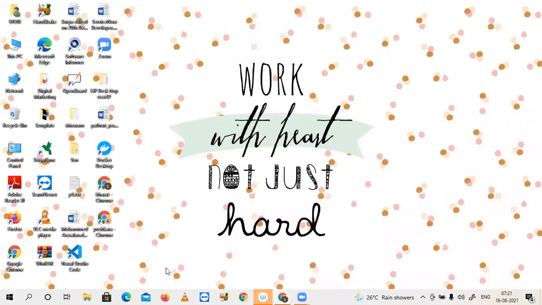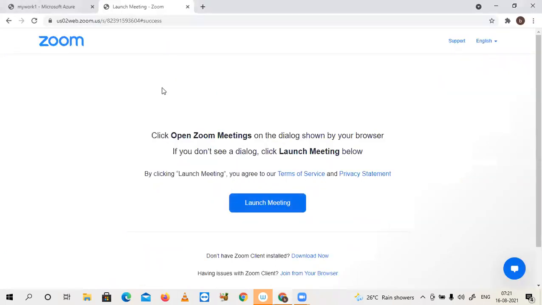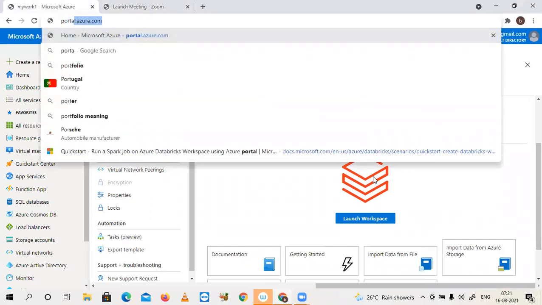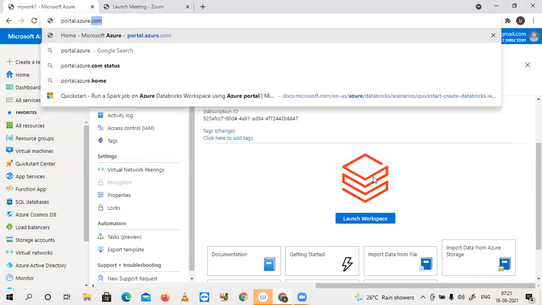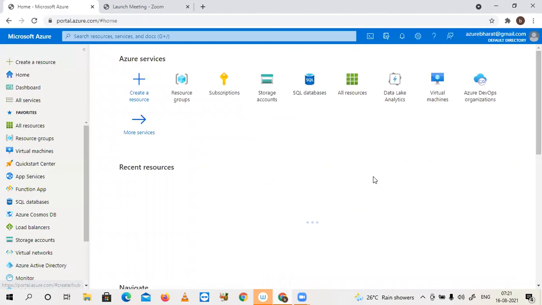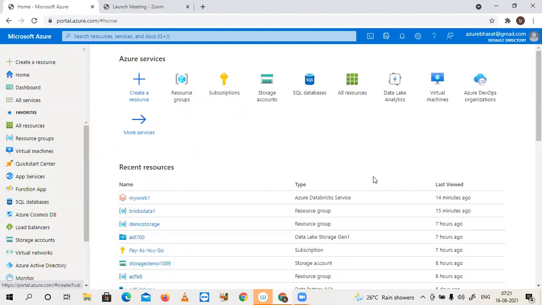So for today, we see Databricks practical, because yesterday Databricks Community Edition has given some problem. So from the beginning onwards, I will re-login. Just enter into the Azure portal. So how to create your instance and how to work with that. Already I have created one, but this instance will take time. I will just show you the process and then come back to the old instance. So just observe the steps you need to follow.